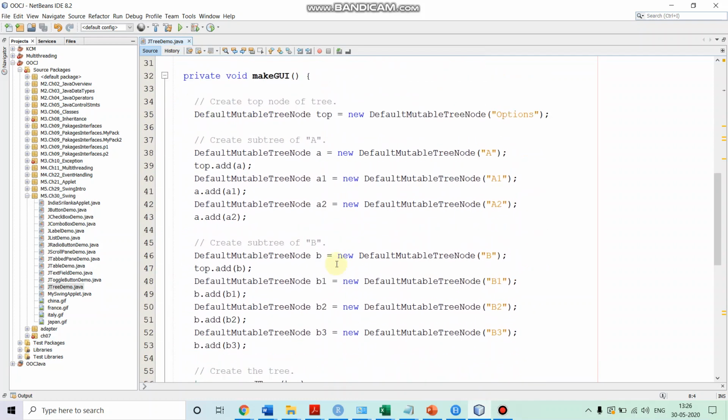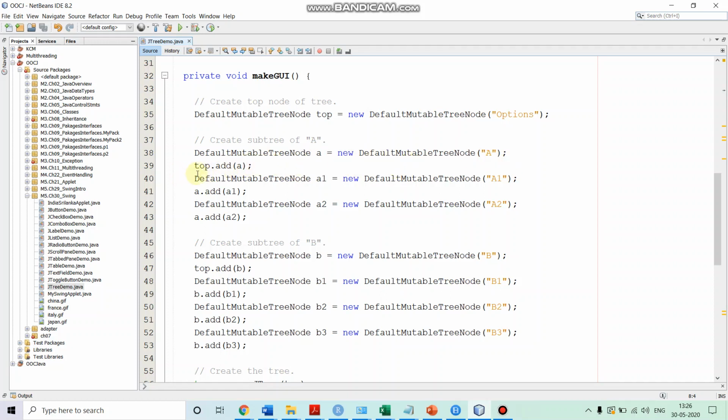In the makeGUI method, first we create the top node. Our top node is an instance of DefaultMutableTreeNode. We give the name options to it. So this is our top node. After that we create node A. So we create a new default mutable tree node, we give the name A to it, and we add A to the top node, so it becomes the child of the top node.